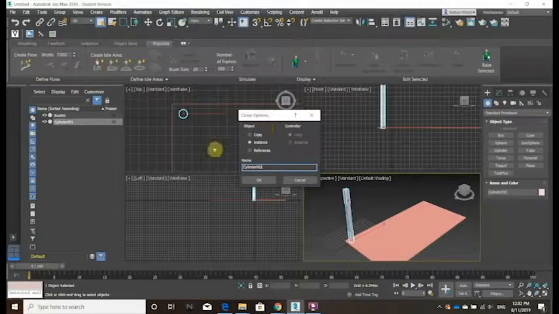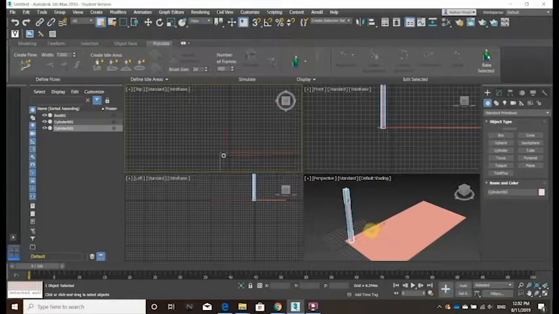If we go an instance, it will be identical to the other cylinder it's been copied from. So any changes made from either cylinder, it'll change both cylinders. And if we make it as a reference, we make changes to the master, so the original cylinder, it'll change the clone of that cylinder. But if we make a new modifier to the clone cylinder, it will not affect the master or the original cylinder. So for this one, I'll go instance, OK,